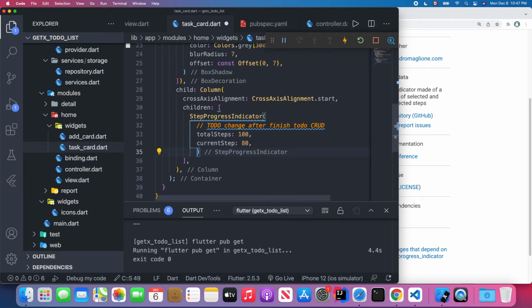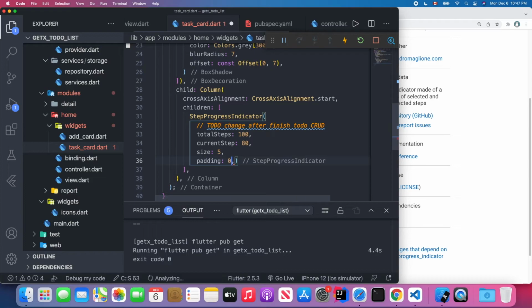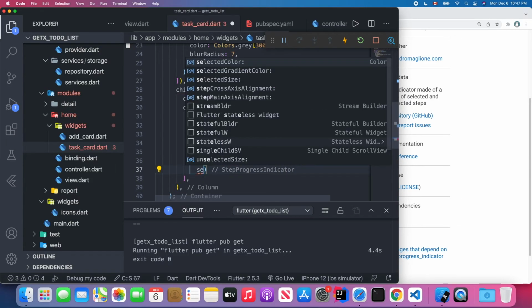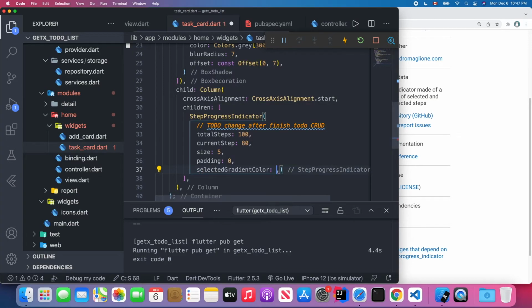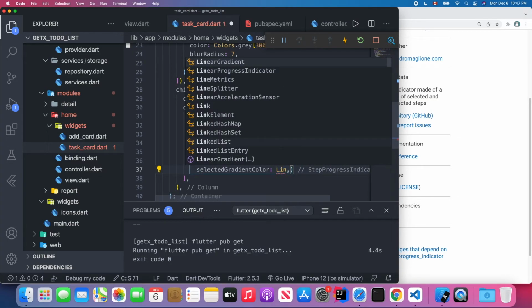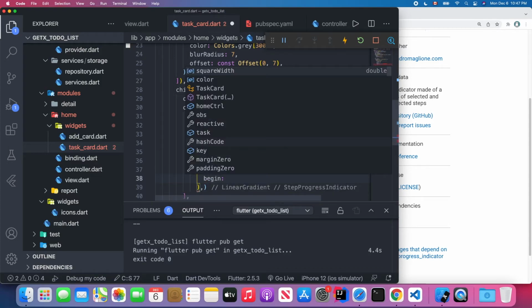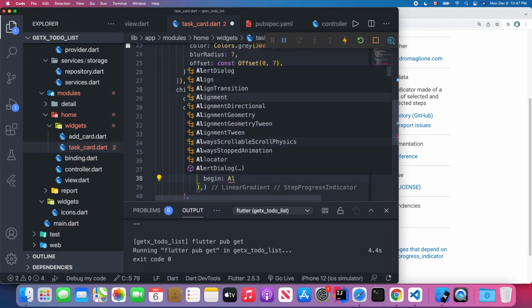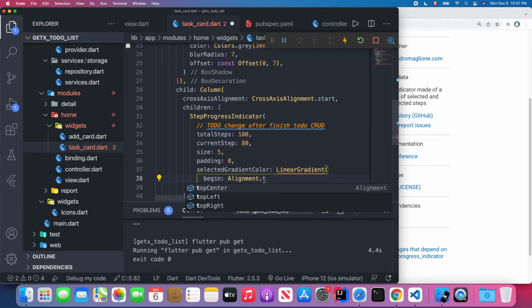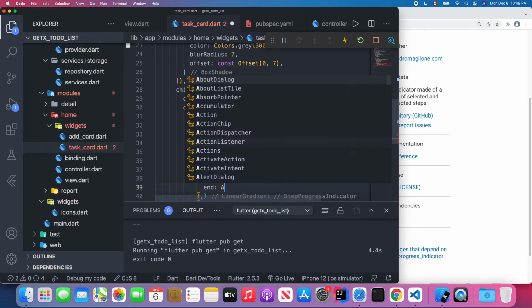Okay, and then we'll have the size for our progress indicator, and also the padding is going to be set to 0, and we have a selected gradient color, so we're using linear gradient. So we'll have a begin, which will be alignment from the top left, and here the end would be the bottom right,